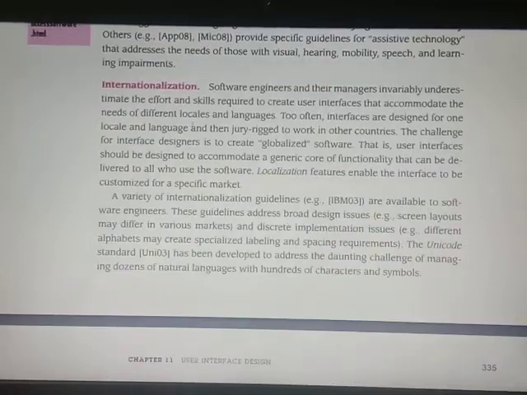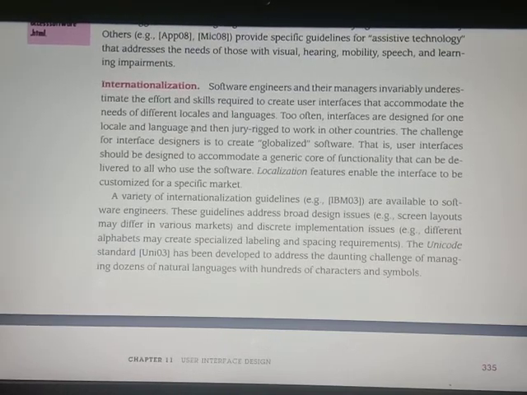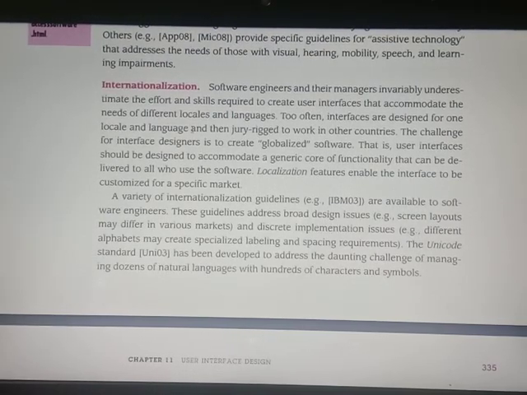The last one is internationalization. Software engineers and managers tend to underestimate the effort and skills required to create user interfaces that accommodate the needs of different locales and languages. Many people from many countries and many languages will be there, so the challenge is to create globalized software.